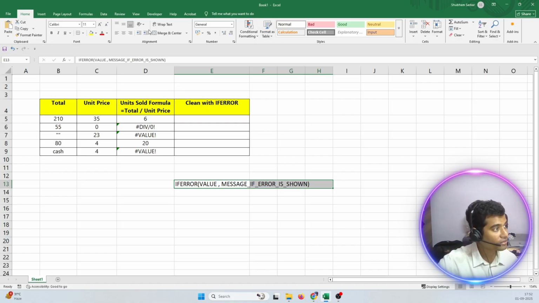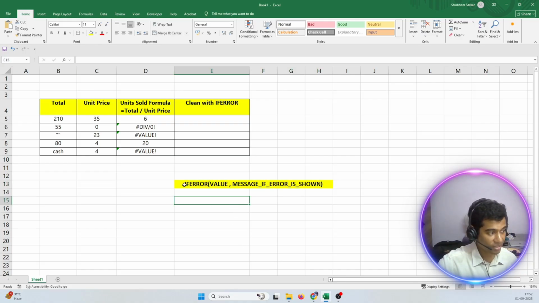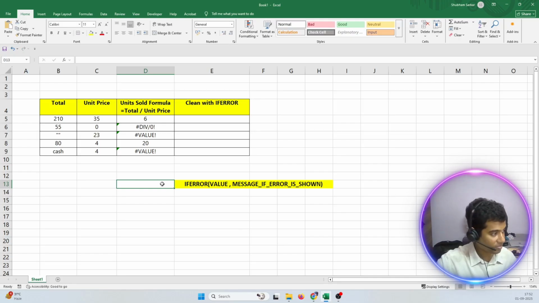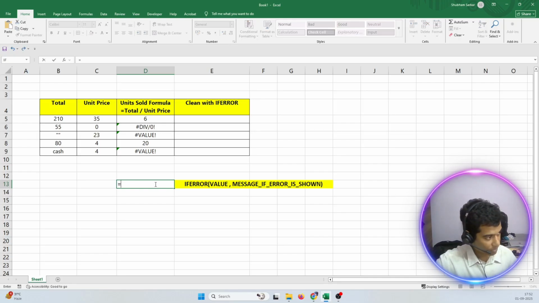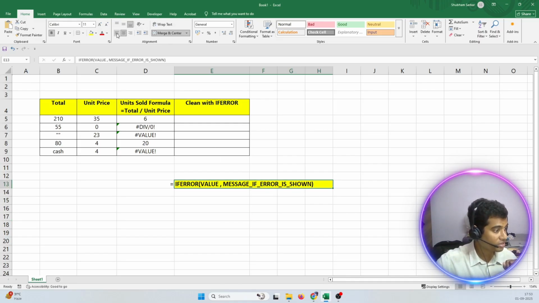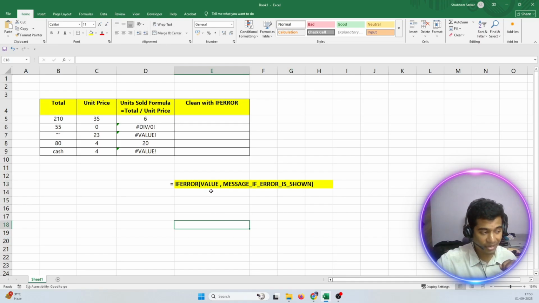Let me just merge and center. Yeah, that's the thing. And you can see this is the formula, and here equal to will be there. Equal to IFERROR, value you have to write, and you have to type a message if error is shown.